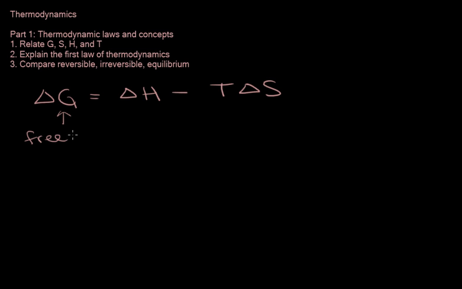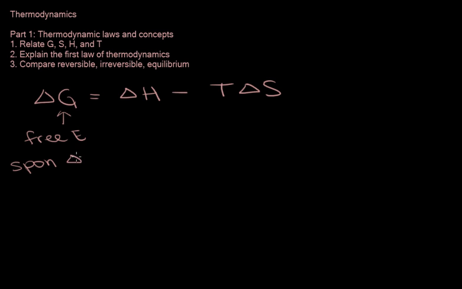Okay, so first off, this should be a pretty easy review from your general chemistry. Delta G equals delta H minus T delta S. This is how all of these letters relate. So here, the delta G, this is the free energy. What free energy means is that this is the energy that's available to do work. And we want, for a spontaneous process,